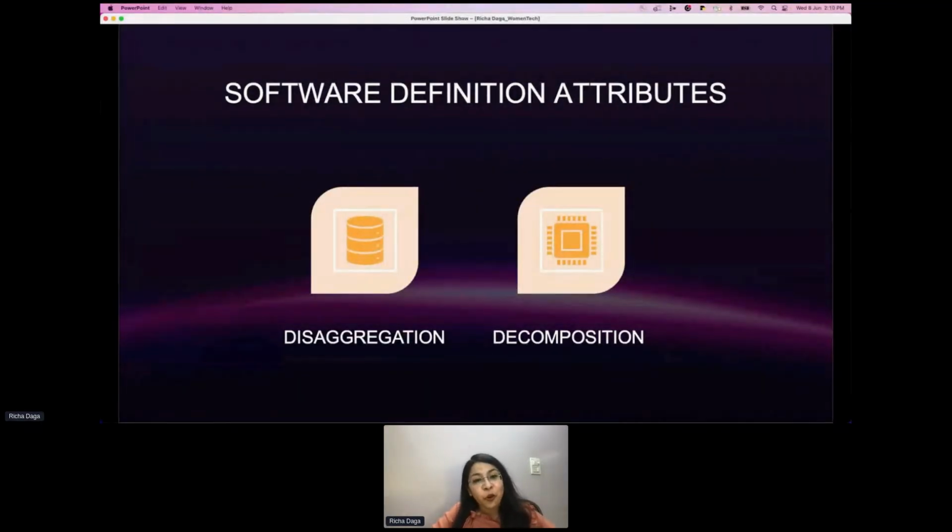If a mobile network operator embraces the principles of disaggregation and decomposition, that can have software defined attributes. Both of these principles are at the heart of what it means for a network to be software defined. It means that software is a separate purchasing decision from the hardware, and that commercial off the shelf hardware is used wherever possible. Decomposition means that the network architecture is built from modular elements that assemble into a whole through open and interoperable interfaces. So that's why this helps to get over the existing problematic closed RAN.